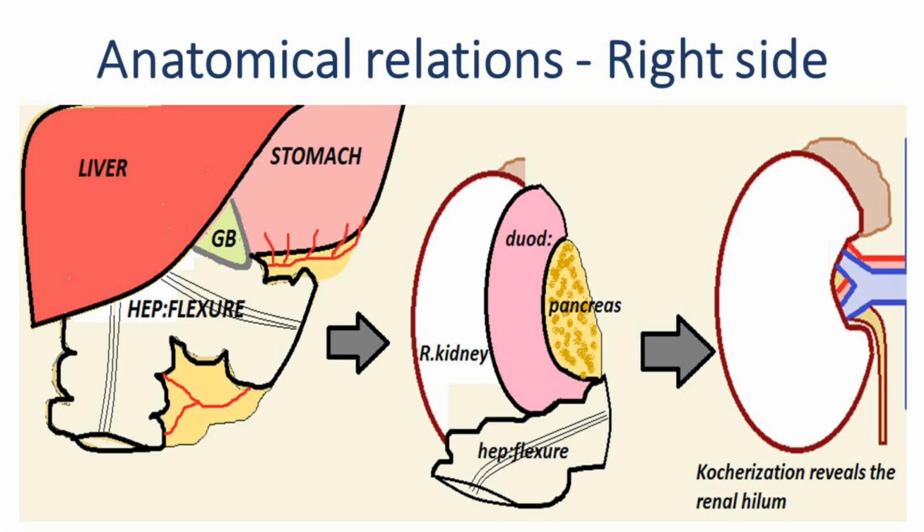Following laparotomy on the right side, one can see that the kidney is completely covered by the liver, pylorus of the stomach and the hepatic flexure. Mobilizing the hepatic flexure of the colon and lifting the liver up reveals only the lateral half of the kidney, since the medial half is completely covered by the duodenum. To expose the anterior surface of the entire kidney, one needs to mobilize the first and second parts of the duodenum medially, or Kocherize, as it's popularly known.